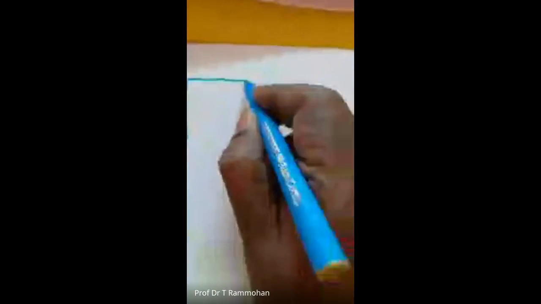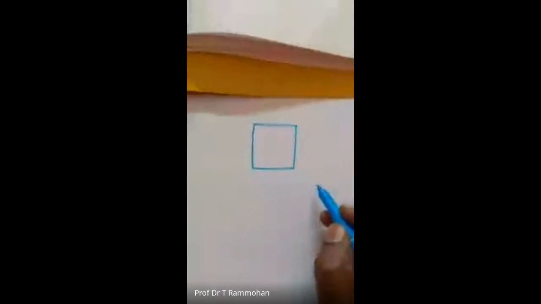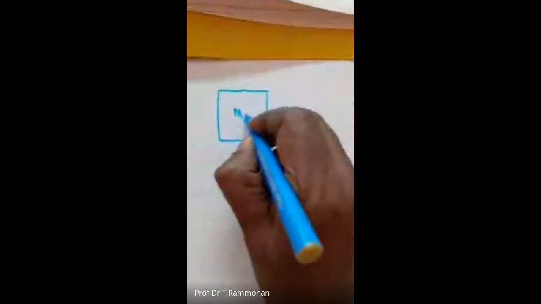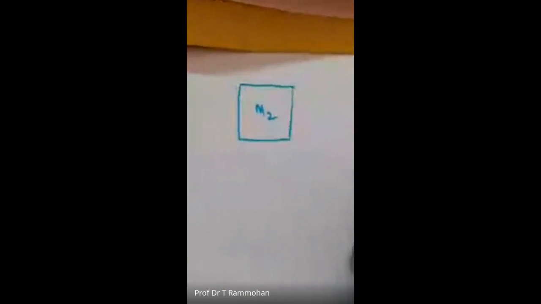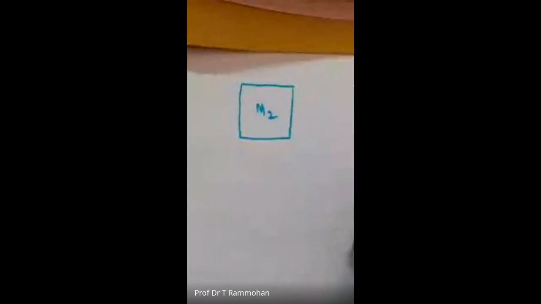Video is blurred. Okay. Let me do something. Okay. Now you can see. If I write with this pen, it is very clear. Right? A little bit bigger diagram. So now the video is okay. The diagram is okay.